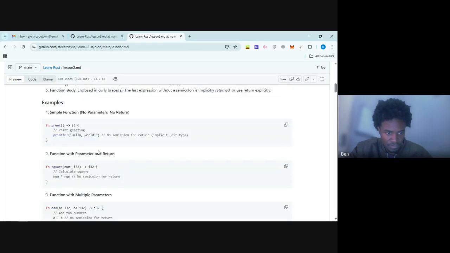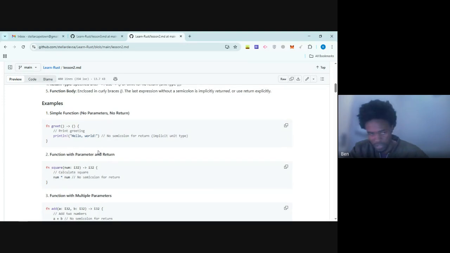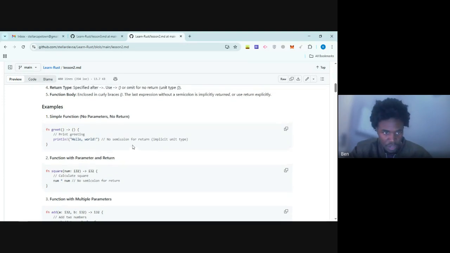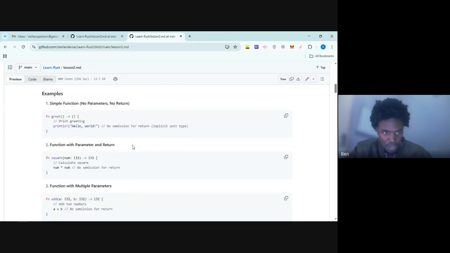So when we talk about return, we just talk about what we want to display after using a specific parameter, whatever function that we create. So the returning is just what we display. Like for example,